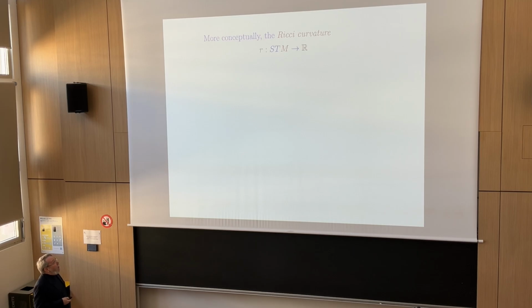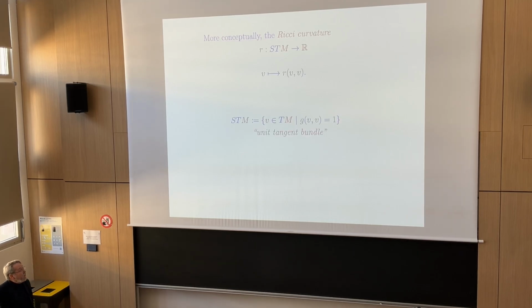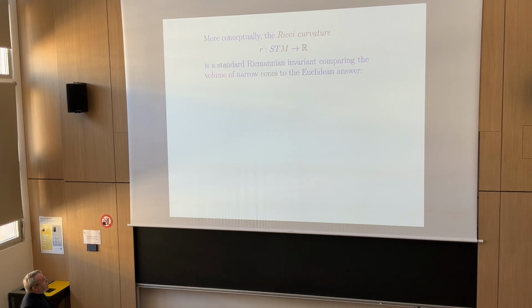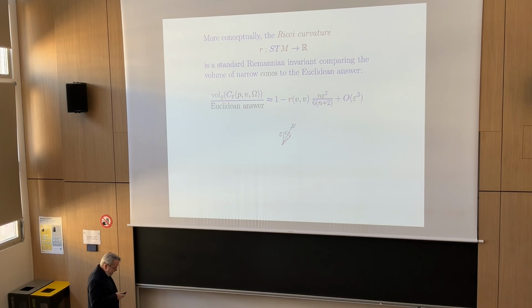And if you like, more conceptually, this Ricci curvature function is one which is really comparing: if you take a small open set around a given unit vector in the unit sphere, and then you take the cone on that up to some distance epsilon, and take its image under the exponential map, then